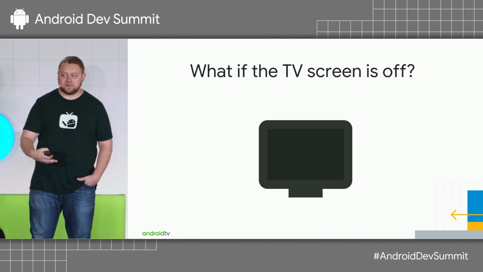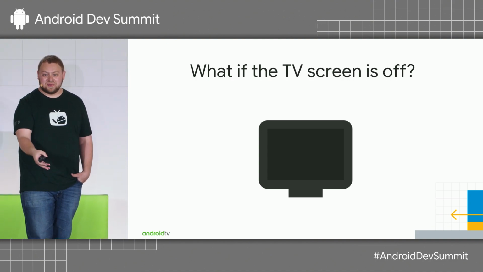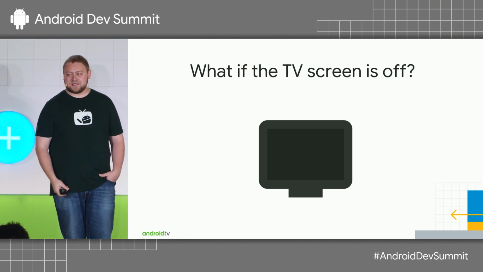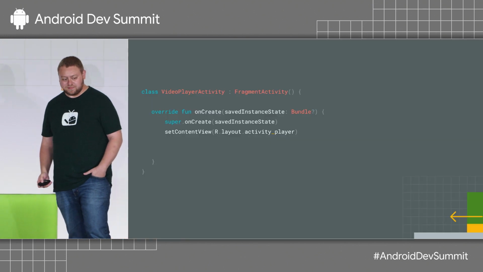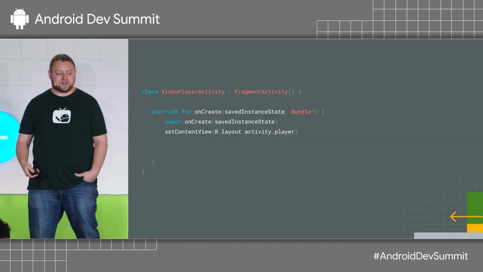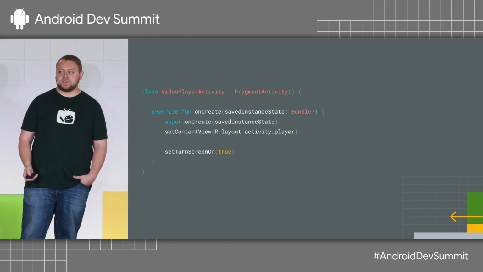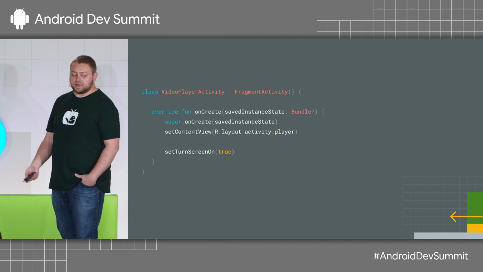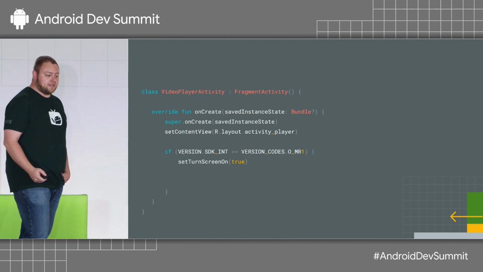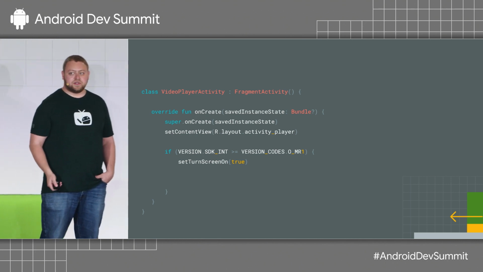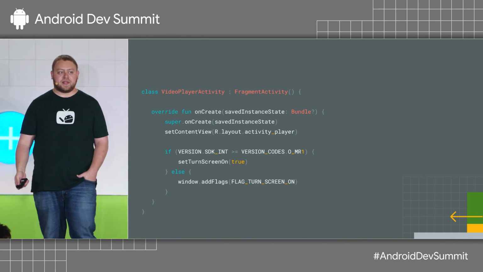Beautiful. The question really comes down to what happens when the TV screen is off. I'm at home, I get a push notification, oh man, the game's about to start. I have to hit power on my remote, I have to tune to the channel. This is first world problems at its finest. But you can solve those. We have that fragment activity that's your player. When you set up everything, all you have to do is just call set turn on screen to true. Now this is a really cool API on activity. This was actually introduced in O MR1, so if you're on API 27 or higher, you should do a check. Hey, turn on screen to true. Otherwise, you can just add the flag.